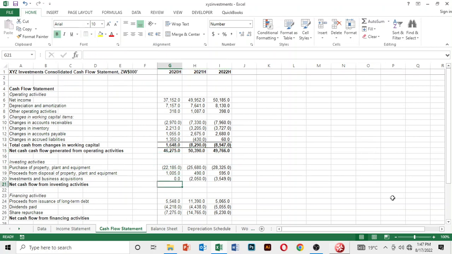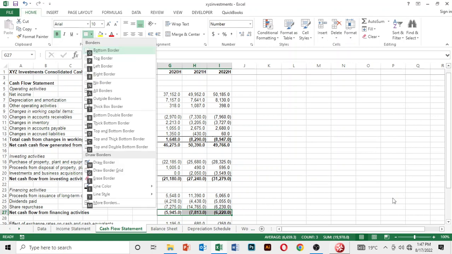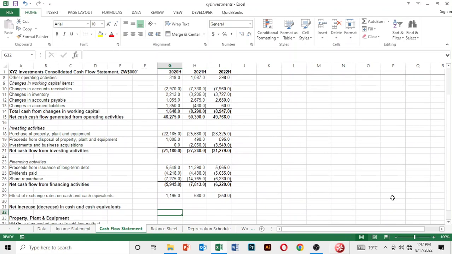Let's do the same here, sum, and then we add that, and then we put a top border, Alt HBP, and let's do the same here, right, and then we put a top border, Alt HBP, and